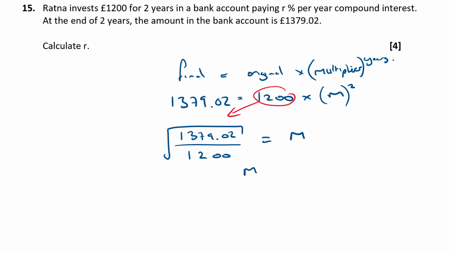So M equals 1.072. Now that is the same thing as 107.2%. So R is going to be, because you start off with 100%, so if we've got 107.2%, we must have had an interest rate of 7.2%. Okay, so that's what R is,